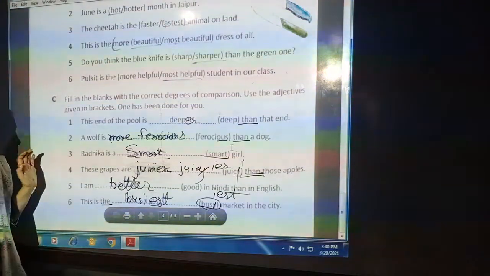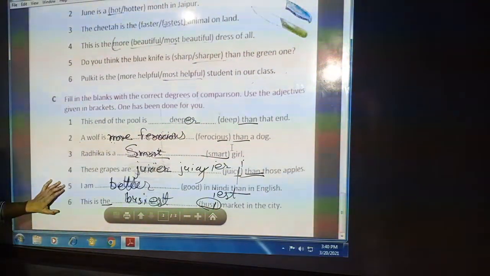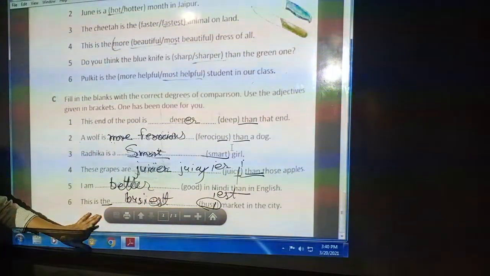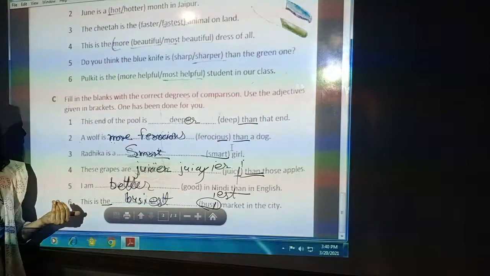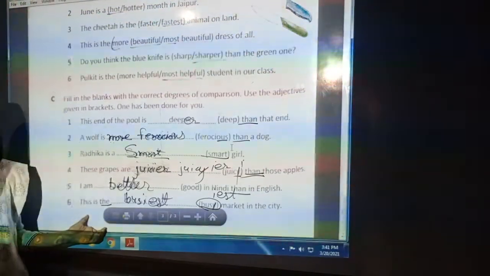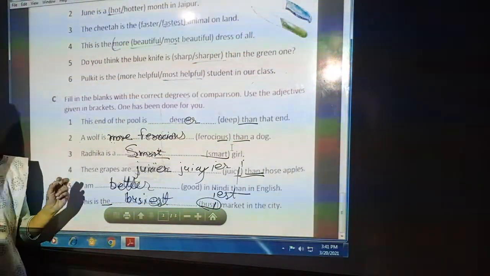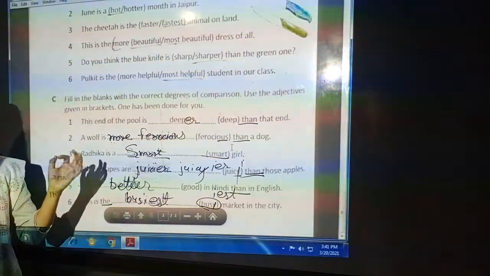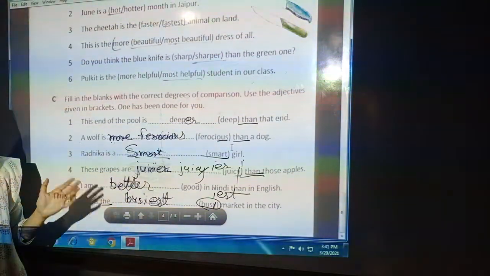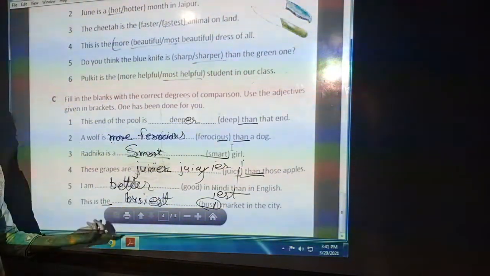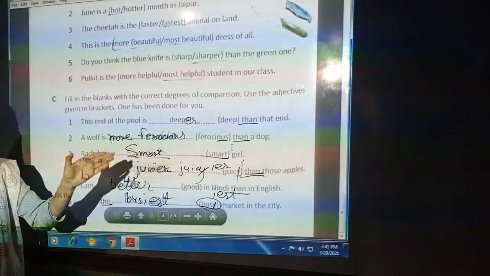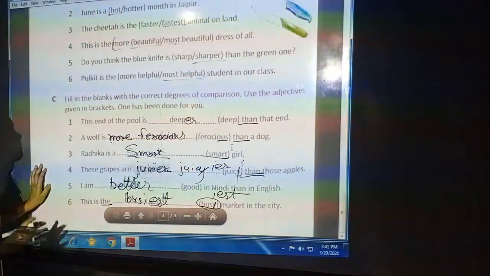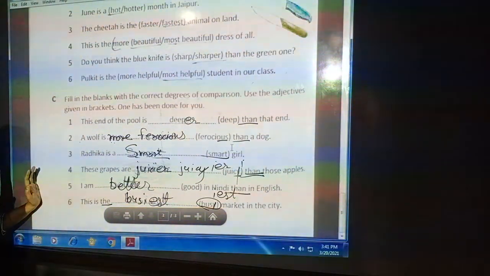So how will you come to know that this is of superlative degree? The is given. When the is given, you have to convert it into superlative degree. As you can see here, the adjective is having y. The ending letter is y. So y will be replaced with I, and to convert it into superlative degree, add est. So the spelling will be busy will change into busiest. So in this way you have to convert it into superlative degree.